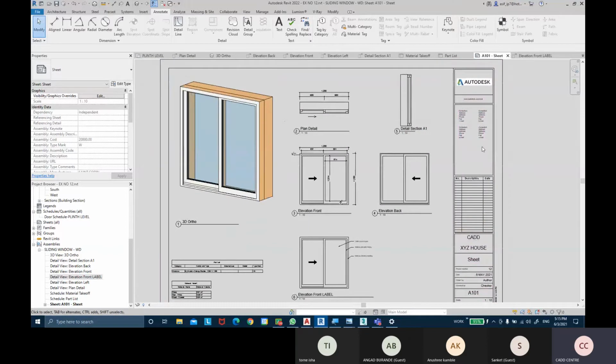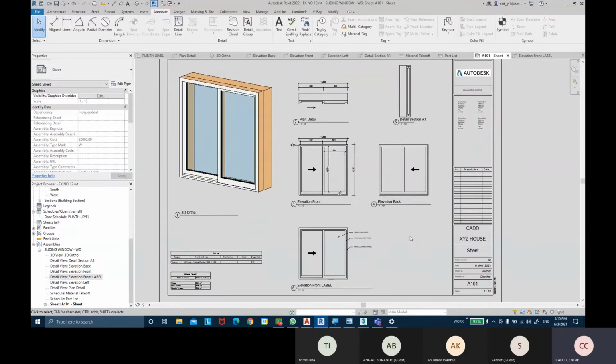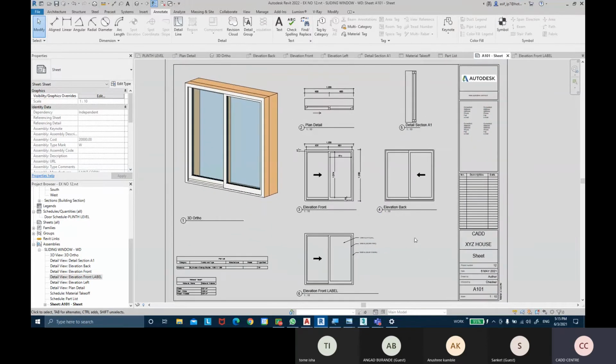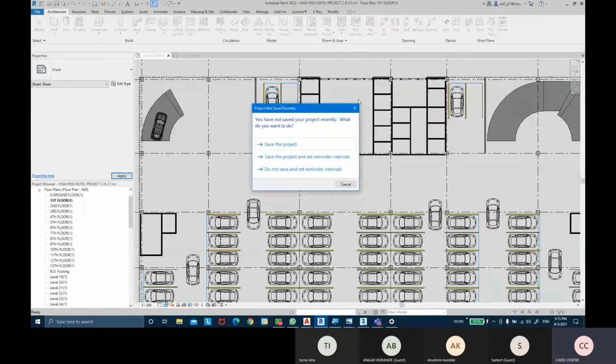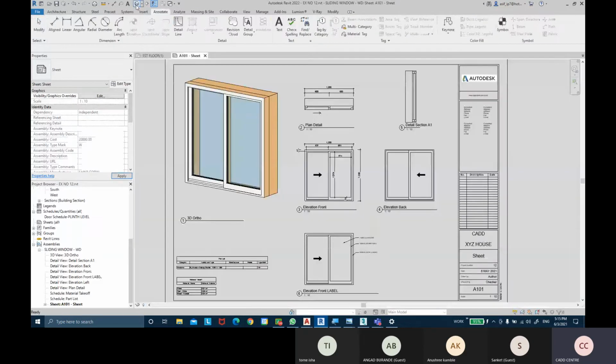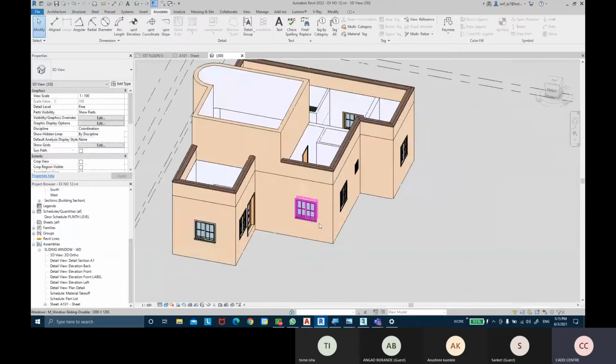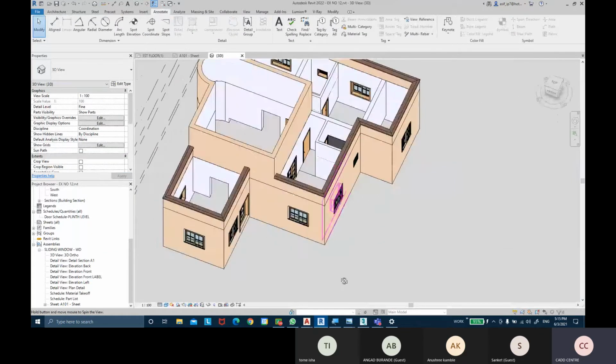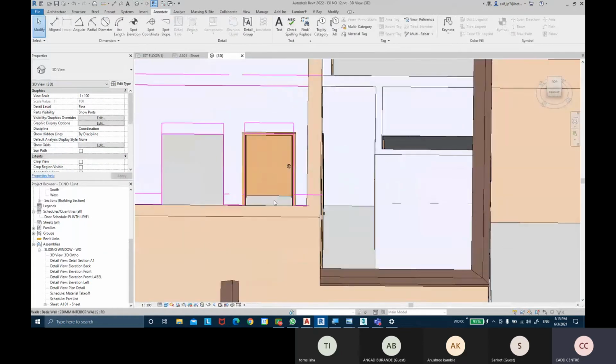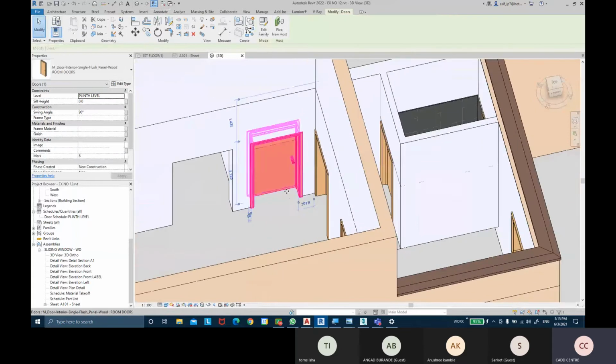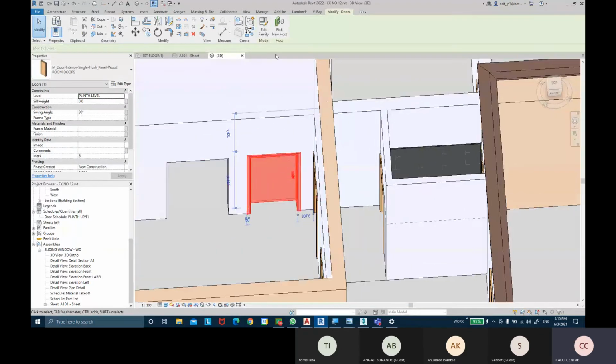So this becomes your assembly of the window, using create assembly command. You can create a similar assembly for other element also, like door. So if you want to create an assembly of a door, for whichever door you want to create, suppose for this internal door, you select that door and click on create assembly.